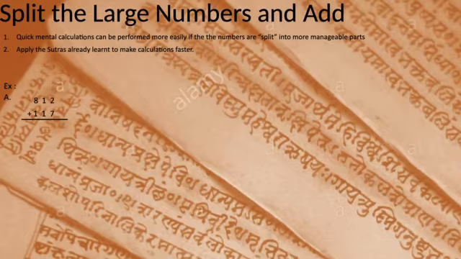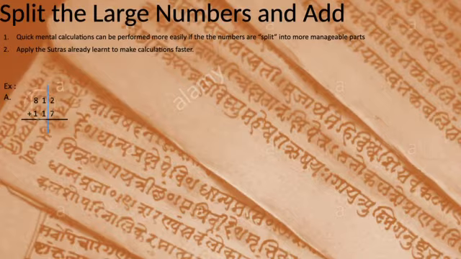In this first example, I have taken a 3-digit number just to demonstrate. When we add up 812 and 117, for a grade 1 or a grade 2 kid, it might be a little heavy. So what we can do is split them into two small numbers. Say, for example, I split it at the tens place. Then we can add up the hundreds and then we can add the ones.